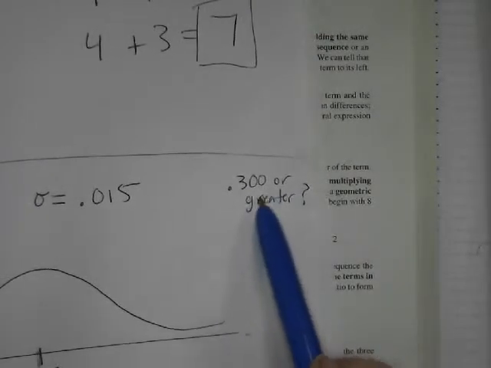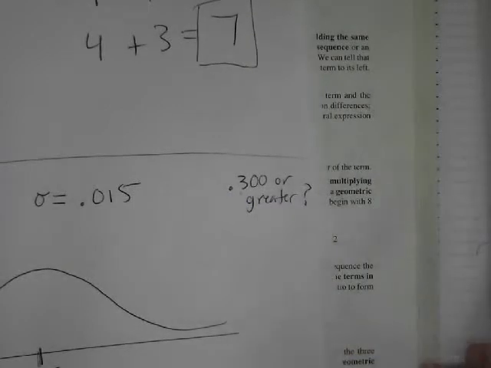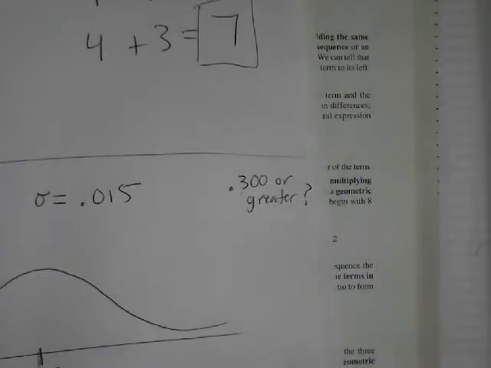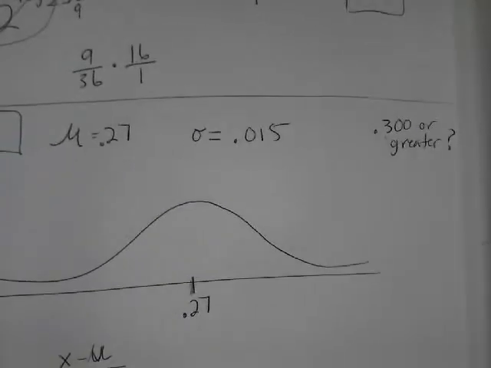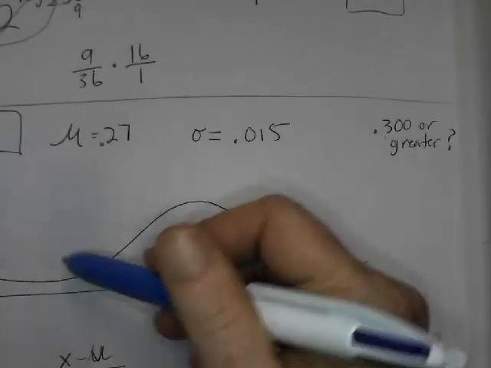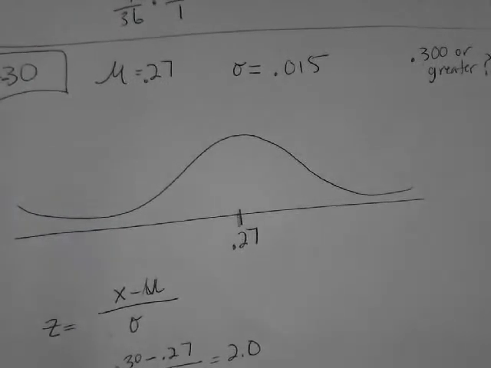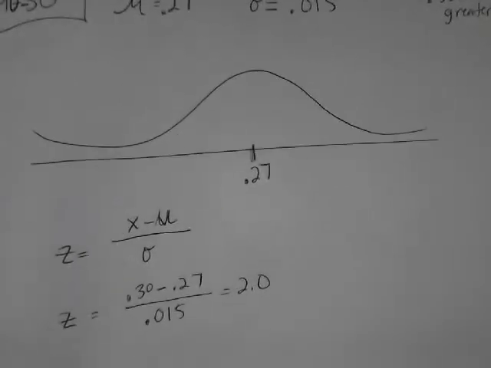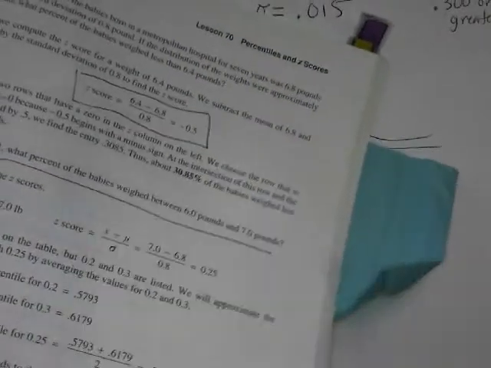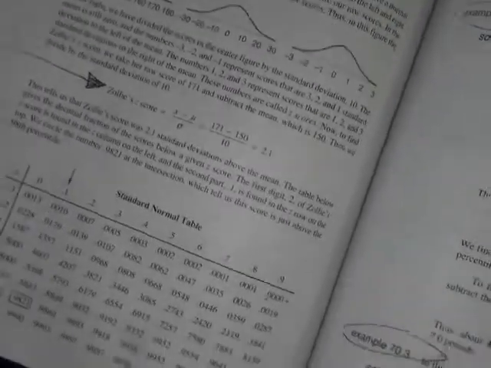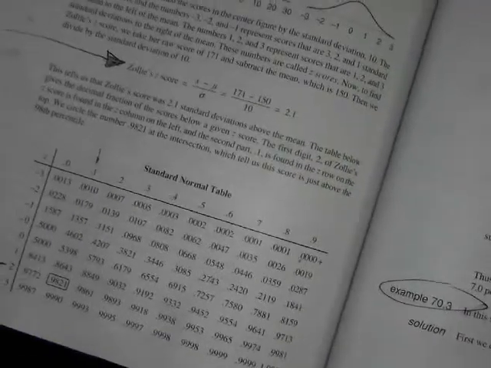After you look it up in the table, it's saying what percentage is 0.3 or greater. So when you look your stuff up in the table, you're going to get a percentile. And I'll show you that. Let's look it up in the table first, and I'll try to explain about percentile. So I have a tab in my book for the table, and the table appears on page 442.